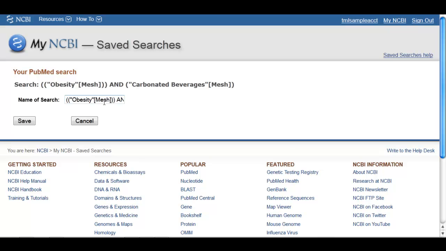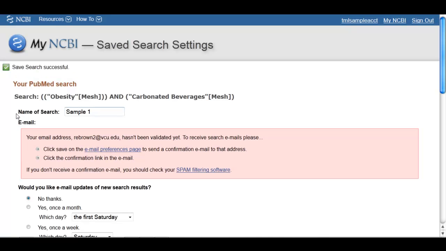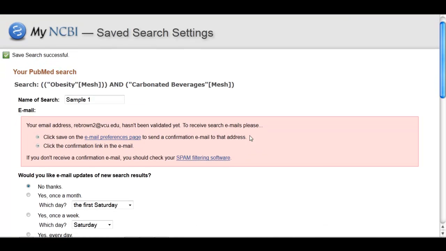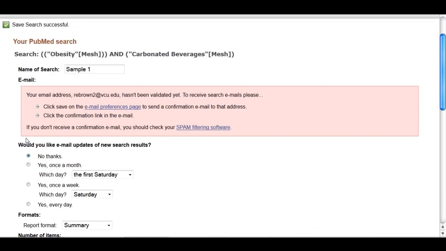The default name for the search is actually the search strategy itself. You can change this just by highlighting it and erasing it, which can always take a minute depending on how long it is, and typing something else in, and then clicking Save. Once you do this, you'll see that I haven't validated an email, but once you've done this, you'll notice that